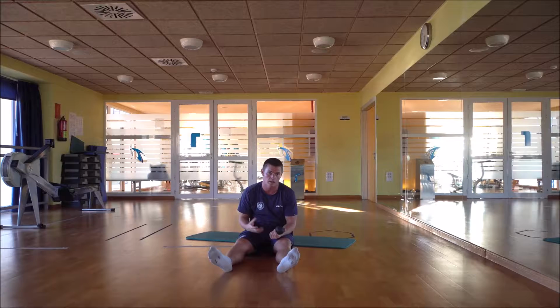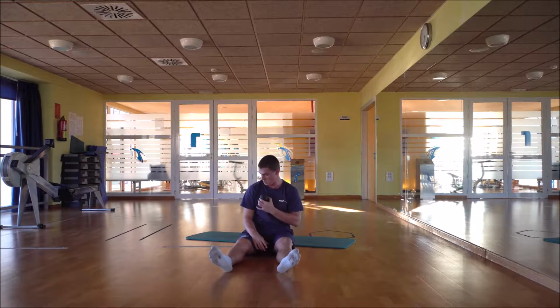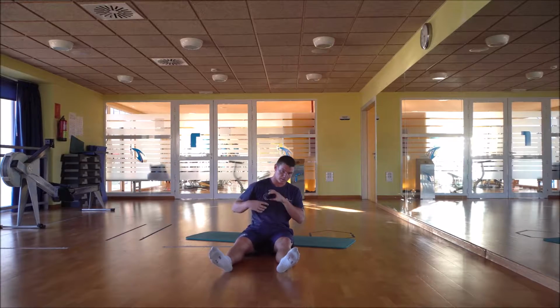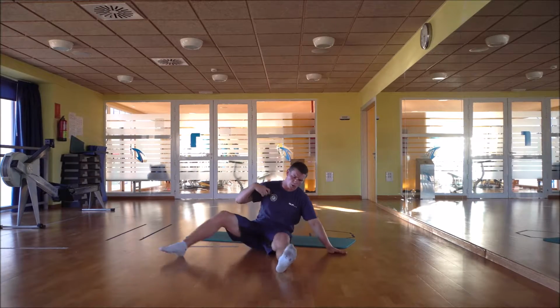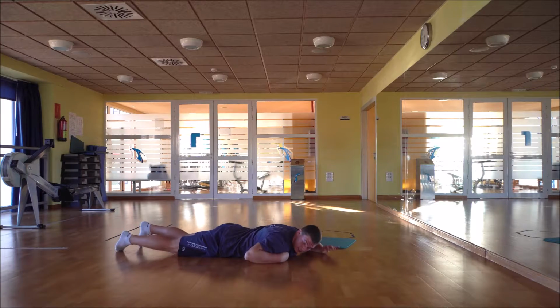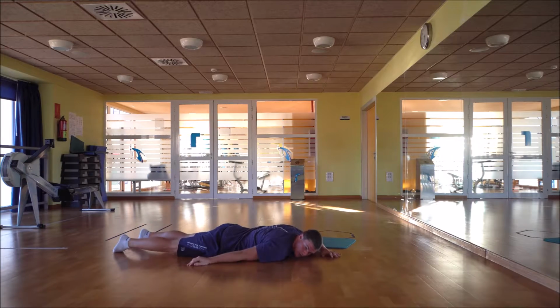For the pec, the principle stays the same. We're going to be working on our chest, mainly up here, going towards the arm there. So you can do that against the wall, or you just place yourself head down, arm put down on the side, palm facing upward, and we search tender spots and